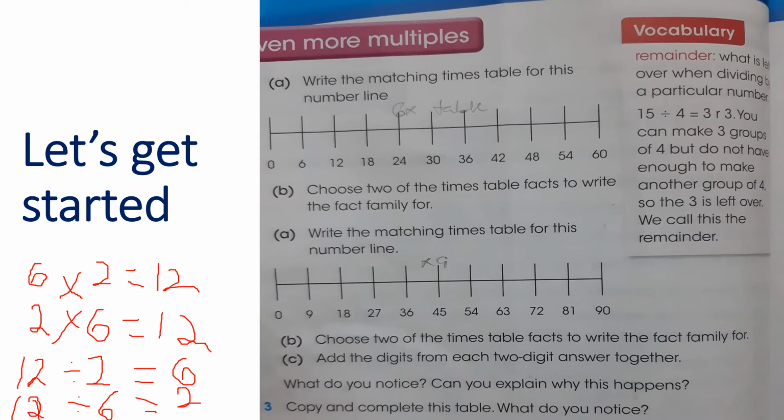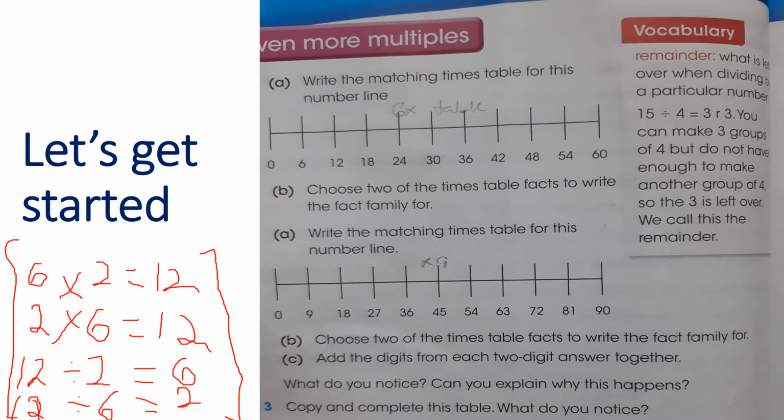I've chosen just one fact. You're supposed to choose 2. Don't copy me, just do yours. You've written the times table already, so just choose any 2 and write. This is 1. You make the second one. You don't have to do this one, you can do any other one. Jude, yes, you can do any other one. Yes, you can do another one. Okay, all right, then